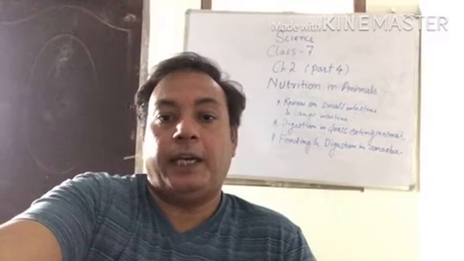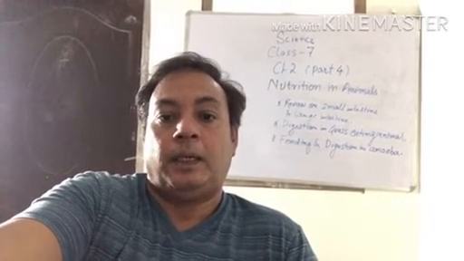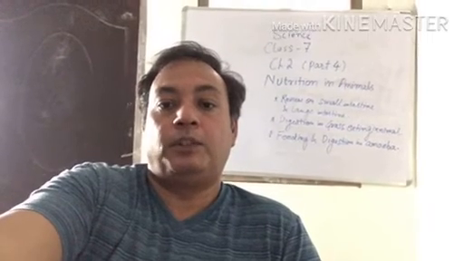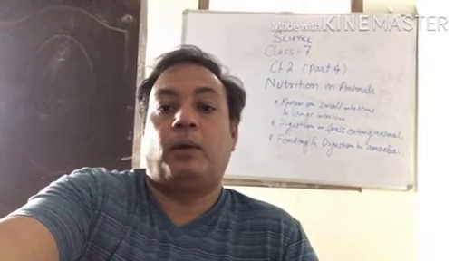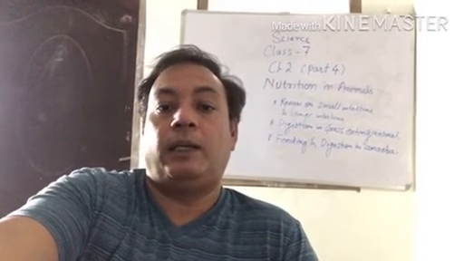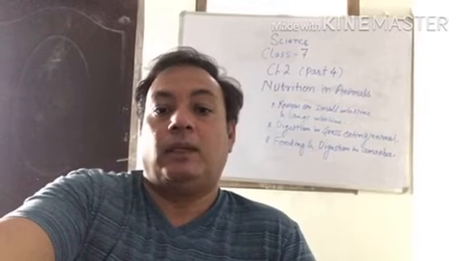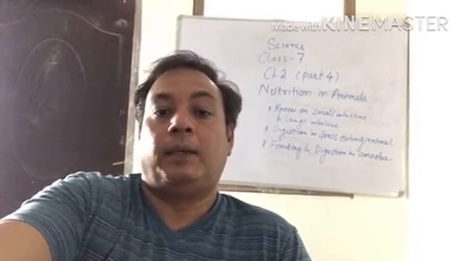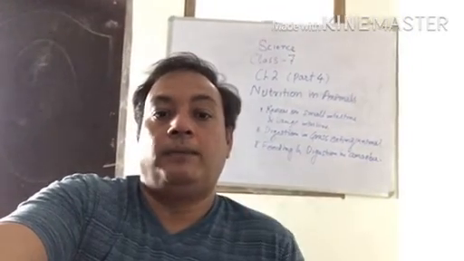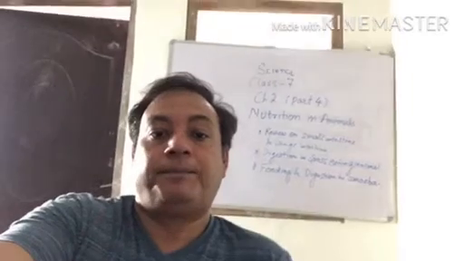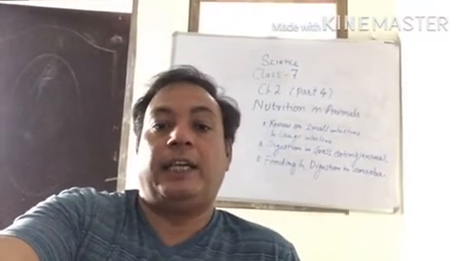Process of nutrition in animals. Different animals have different body structures, so the processes of nutrition in different animals are different. Now I'm going to describe the process of nutrition in some unicellular and multicellular animals. Unicellular like amoeba and multicellular like grass eating animals. I already mentioned it on the board, you have to check. Now, the digestion in grass eating animals.